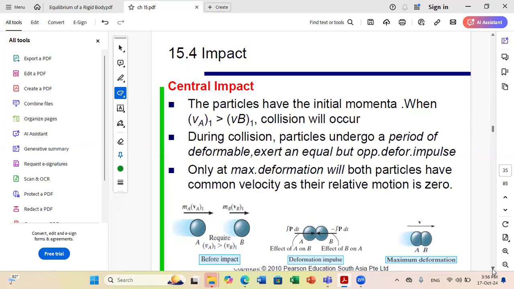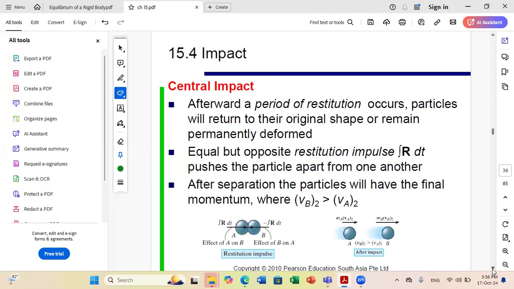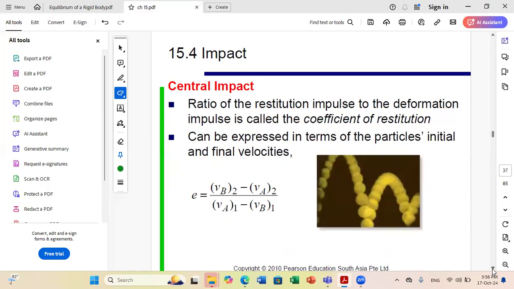And in case you have zero restitution, all energy of deformation is lost, then you have plastic collision and the two particles will not separate anymore. Okay. From here we define what we call the restitution coefficient. The restitution coefficient is defined as follows. It's VB final at state 2 minus VA final at state 2 over VA initial